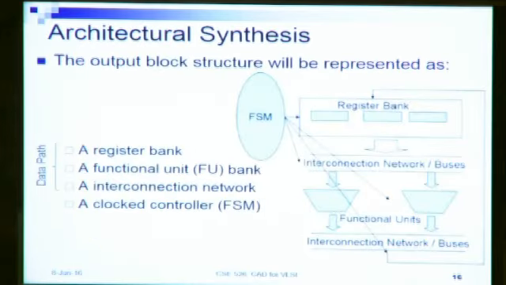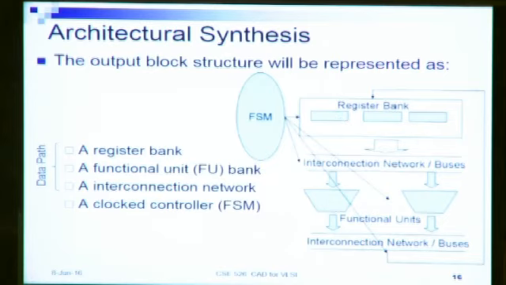So we said the input specification to the synthesis process, we said what the synthesis process does, and then what will be the output of the synthesis process. The output of the synthesis process, as we said, is a data path and a control path. The controller design and the data path. The data path will be composed of what? A register bank, a functional unit bank, and an interconnection network. So I will have a register bank. These will store the inputs to the operations at different time units. So these registers at different times can store different inputs.